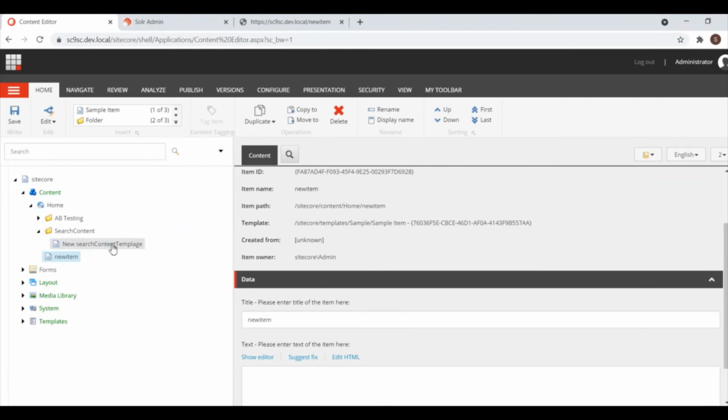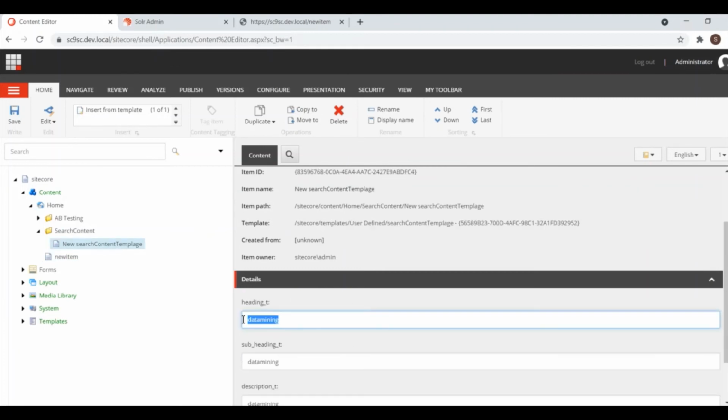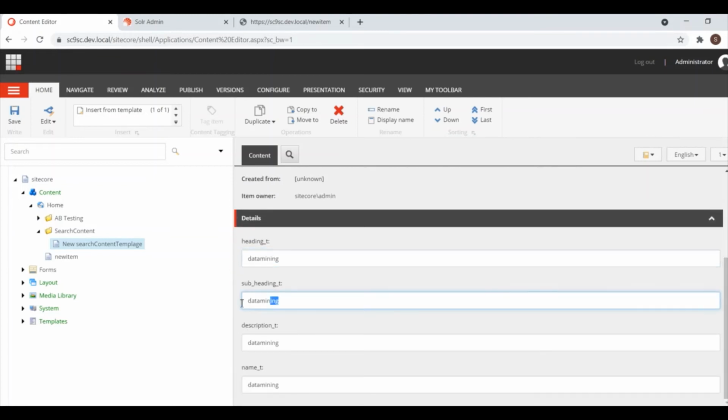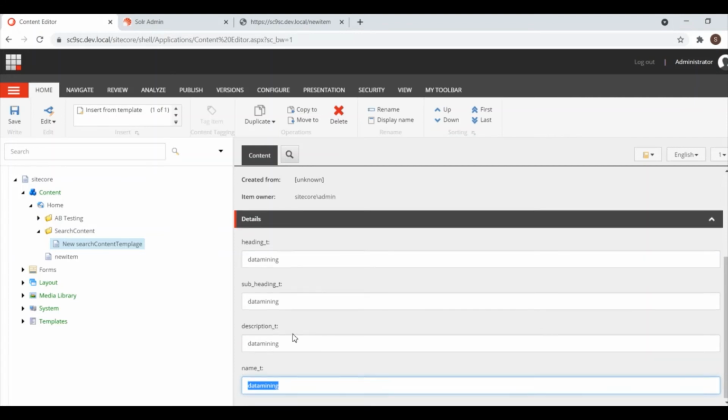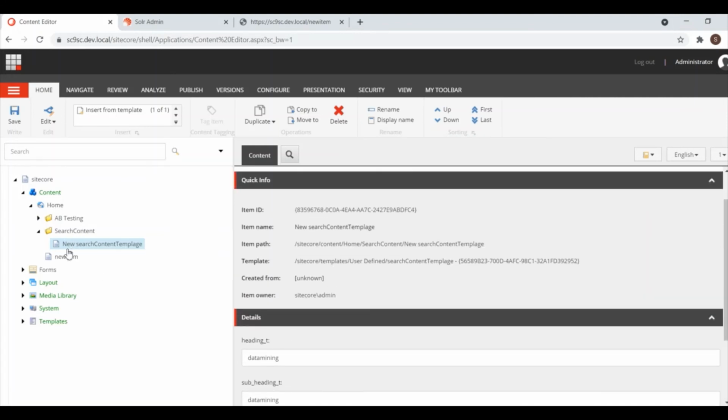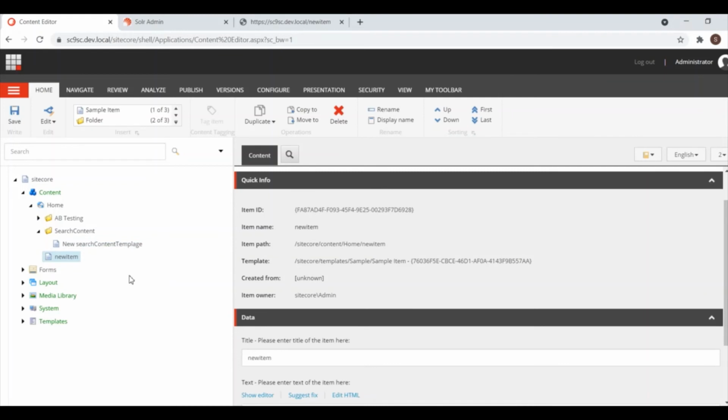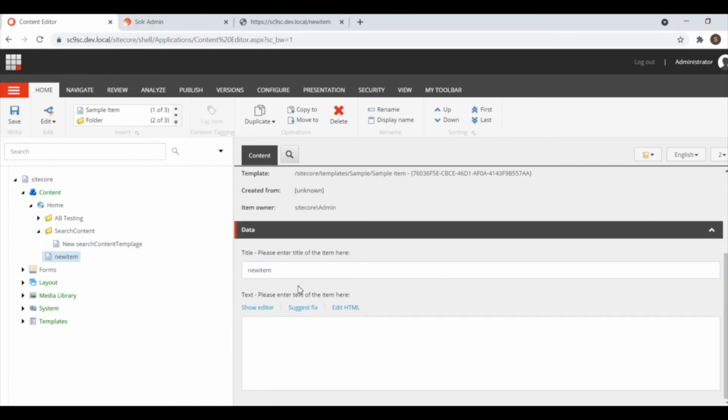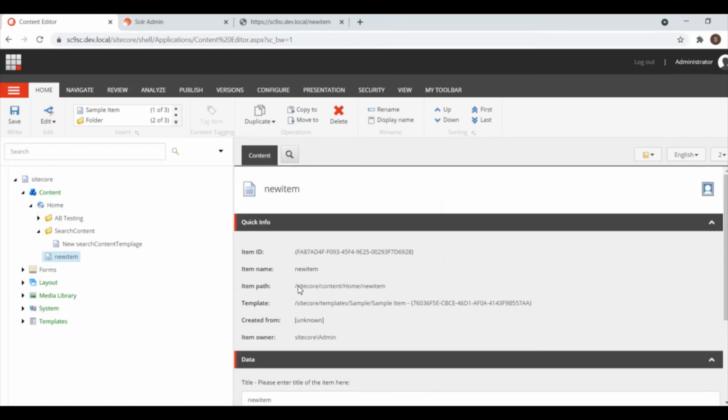This is where I have given the data as data mining for all the fields I have created, using the predicate. Let me show you how it works. This is the item where I added a rendering for the home controller, so that it will execute the Solar index.